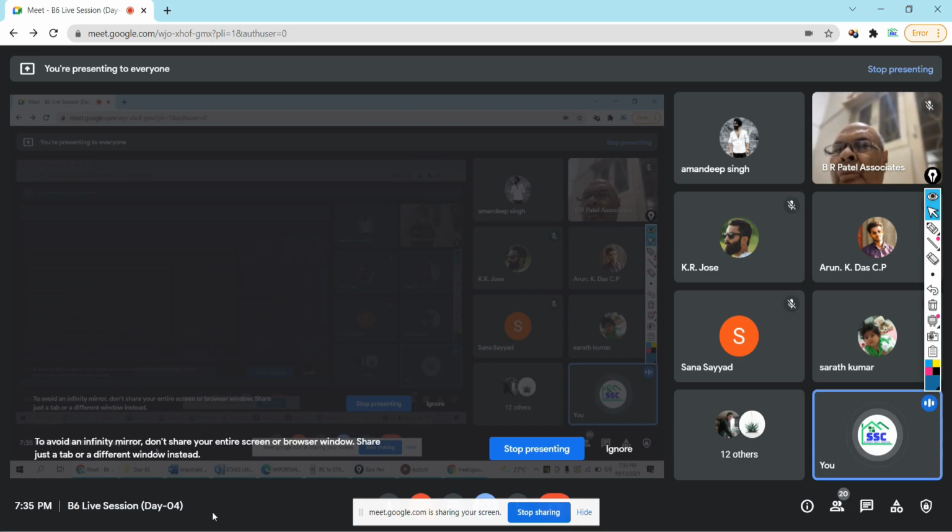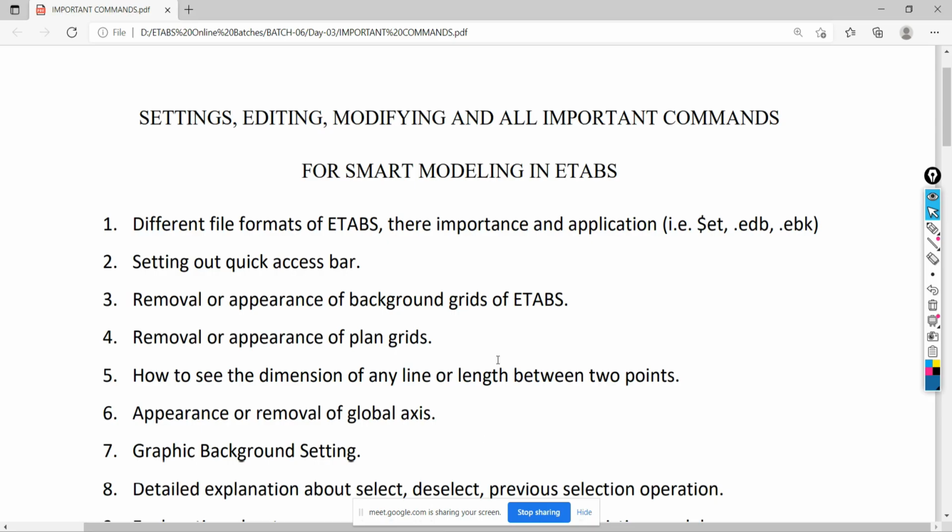So now finally we are going to look at the ETAP software in depth. How to use this ETAP software and some important things about it we are also going to learn in this section. Overall, in this section we are going to see all the commands, editing, modifying and important commands of the ETAP software for smart modeling.